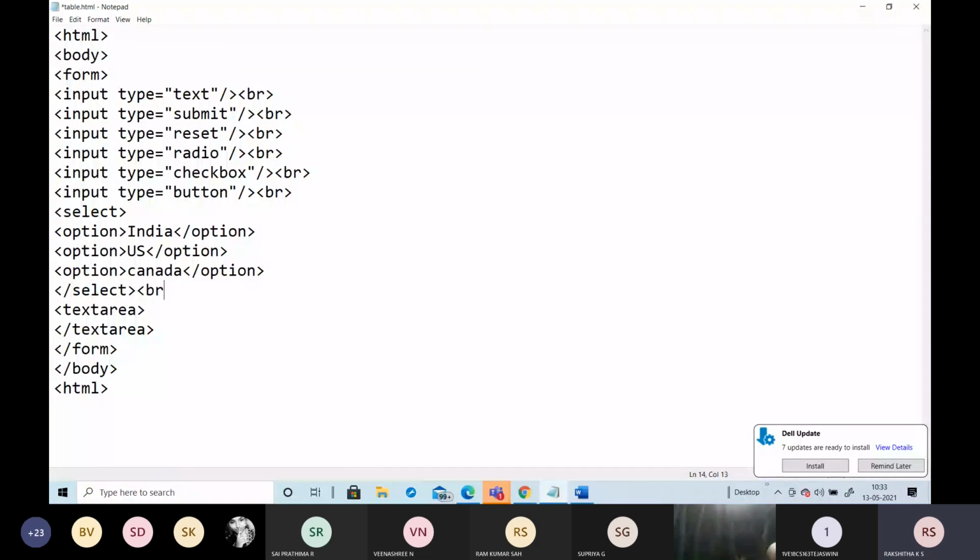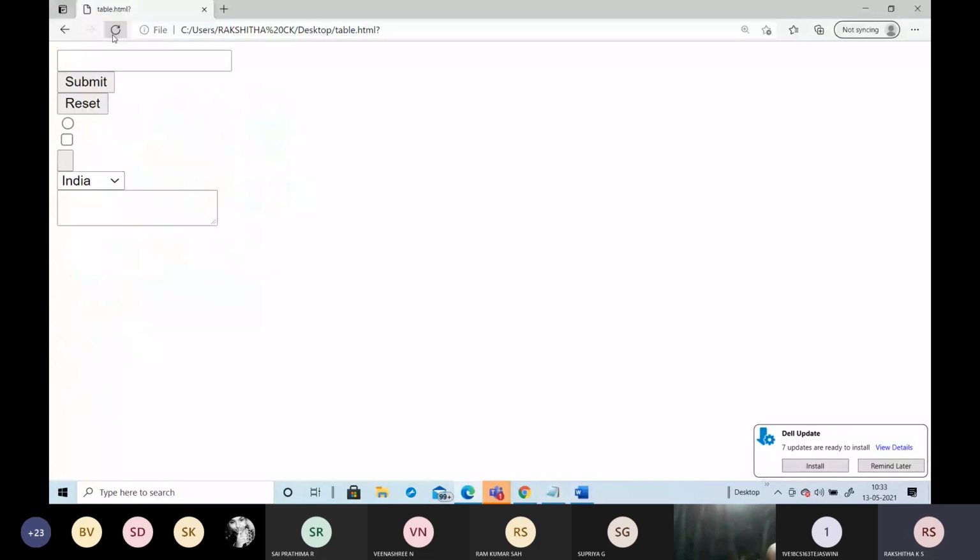New program. See here, it will be a text area, so it will be able to hold more and more data.